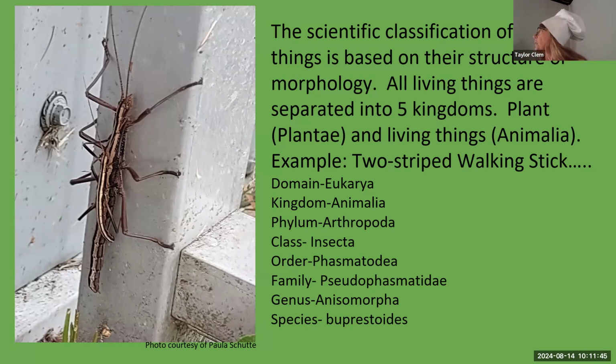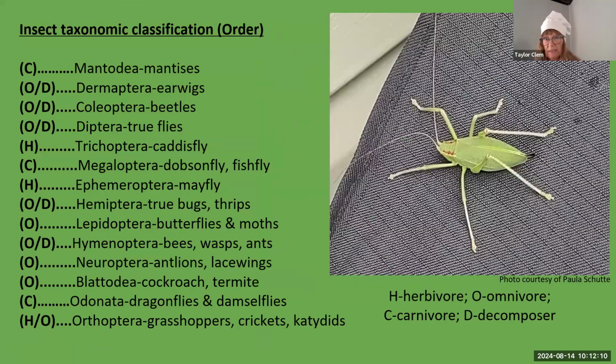They also are mostly out in the evening looking for food. And the two-striped one has a very good defense mechanism. And the defense mechanism is that they have this,